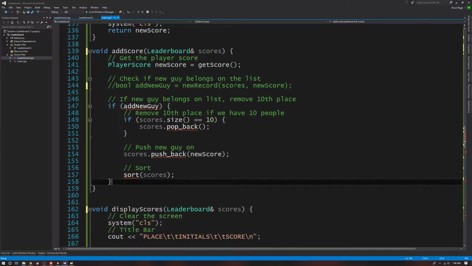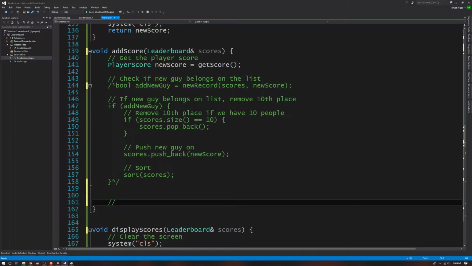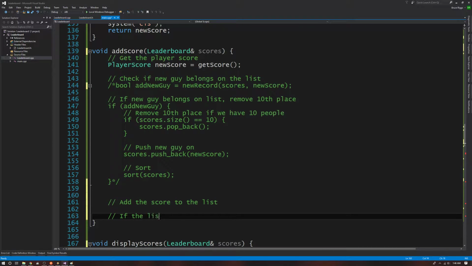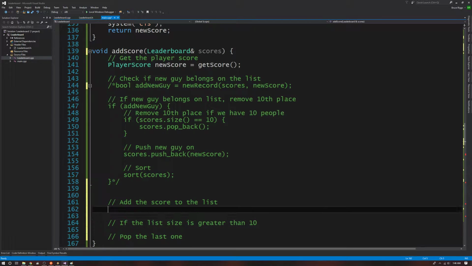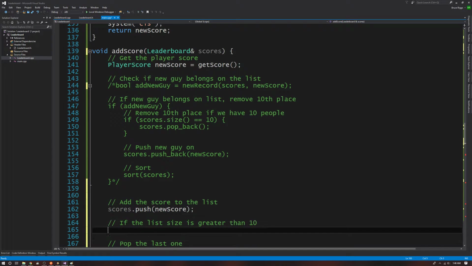All I'm going to do, let's just comment out all of this. Oh my god. Wow. All I'm going to do now is add the score to the list. If the list size is greater than 10, pop the last one. So let's say scores.push the new score. If the list size is greater than 10,